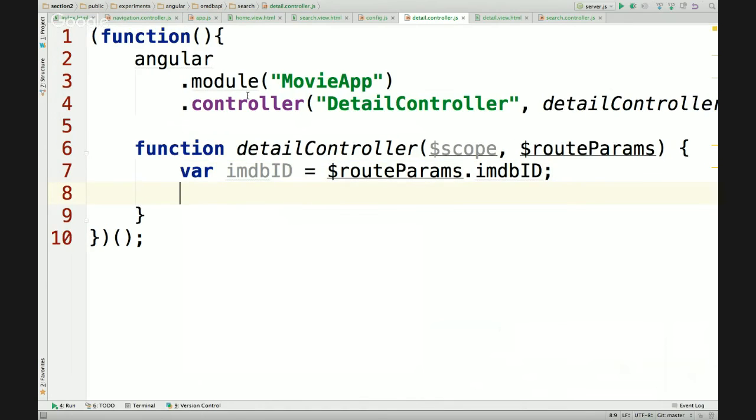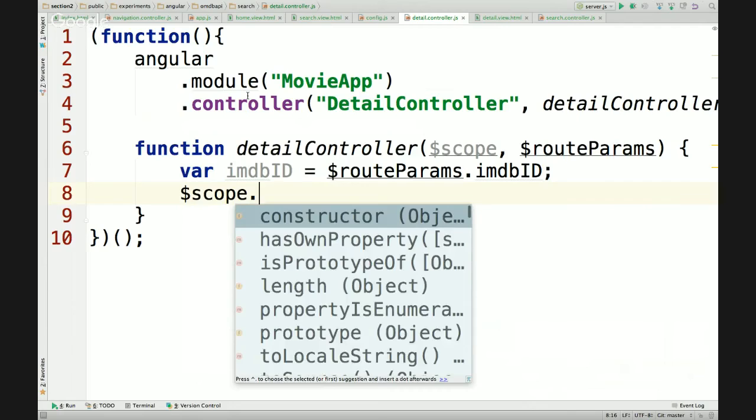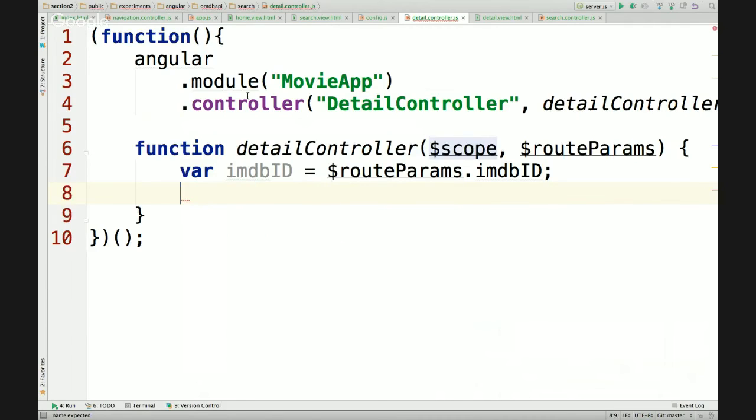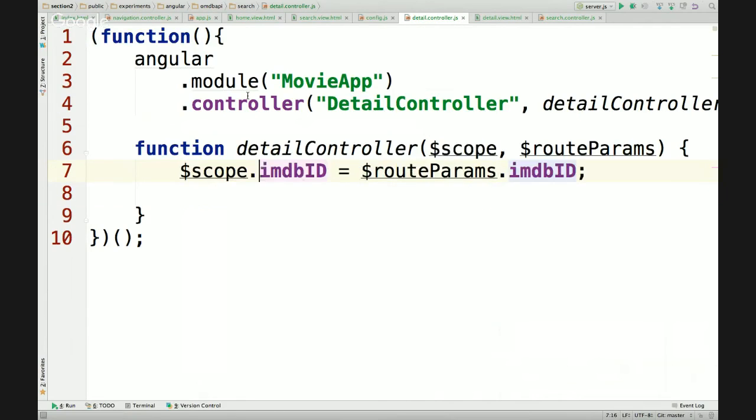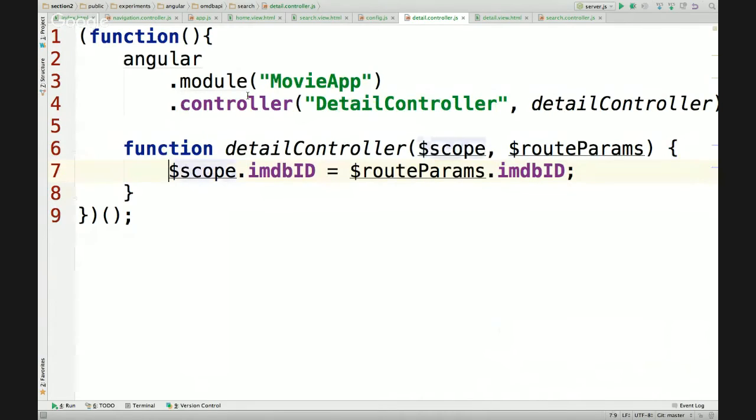And I'm going to send it to the view, in the scope. I guess I could have done it here, right? I could have said right here, like that. Careful putting a var here, right? Careful doing that. No var. Scope is a variable that has been already declared, right? Don't redeclare it. There we go. So we're sending the ID back to the